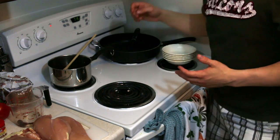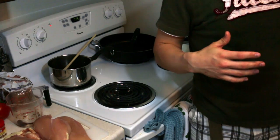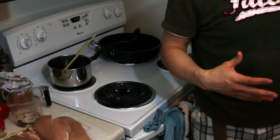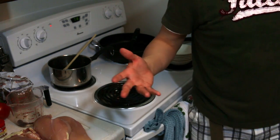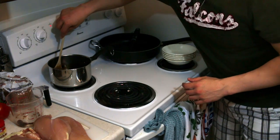Okay, and over there is the sign that our rice is done. Oh, I thought that was a smoke detector. So what we're going to do now is it's warm and off. So now we just let it sit there until we're ready to use it. Okay, right. So we're going to let that go. And the next thing that we're going to go on to...